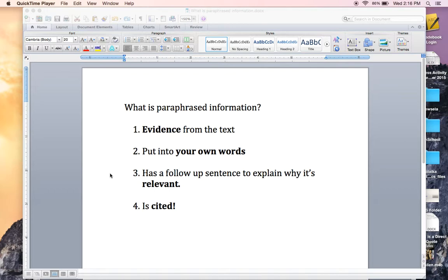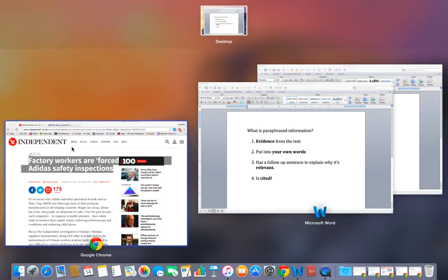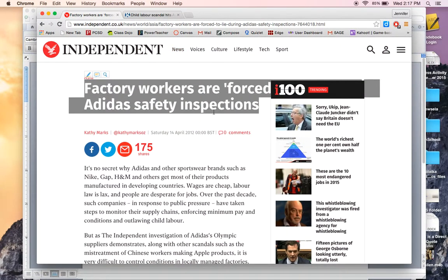So if you didn't use any evidence, while you might have a strong opinion, it doesn't really have a lot of credibility to it. We need to use some evidence from a published article to prove what we're saying is true. Okay, so what you do is you go find evidence from the text and you put it into your own words. So, for example, if I go to the article, "Factory workers are forced to lie during Adidas safety